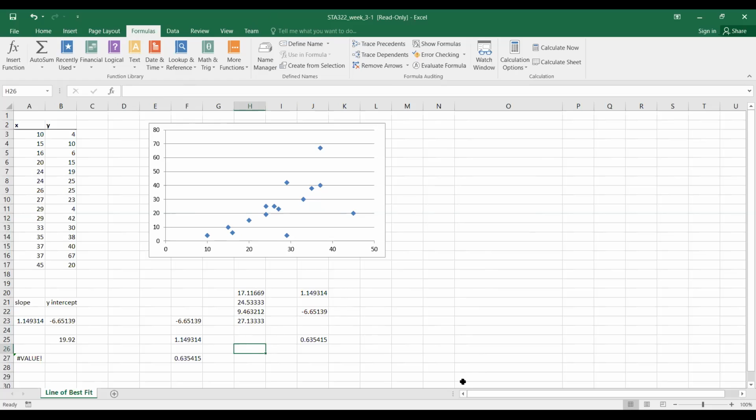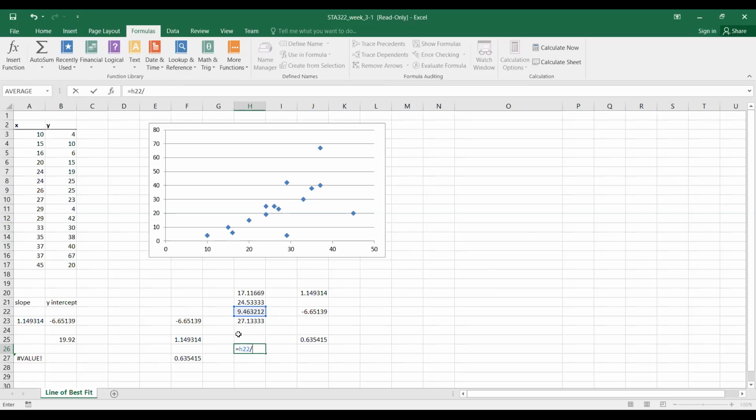That's going to be equal, and we're going to divide the standard deviation, H22, I'm going to divide that by the mean,